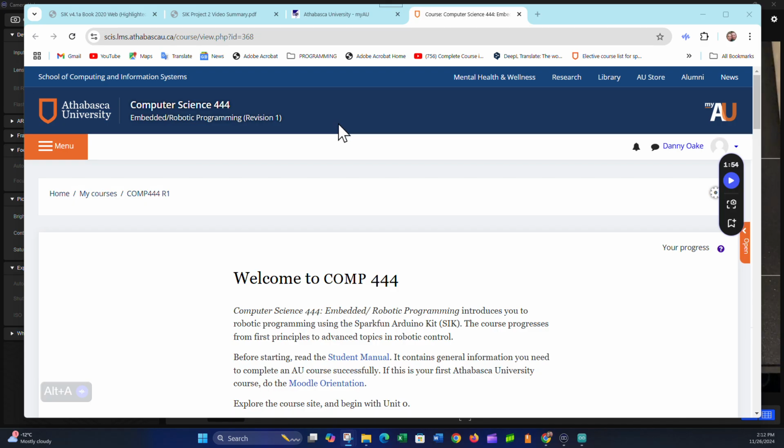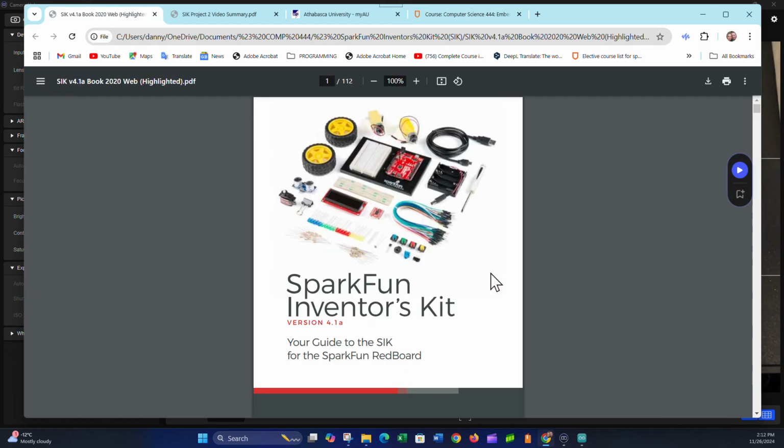Embedded/Robotic Programming. If you've been following the videos I've been posting on the course forum so far, you'll know that I'm going through the SparkFun Inventor's Kit guide, showing you the projects I've created, including the coding challenges. In a previous video series that I have up on the forum, I went through Project 1, which consisted of 4 circuits, and in this video series I'm going through Project 2, and I've already had videos out there